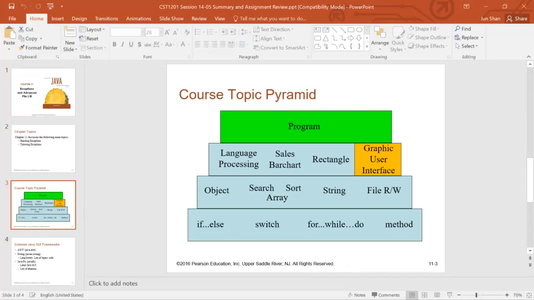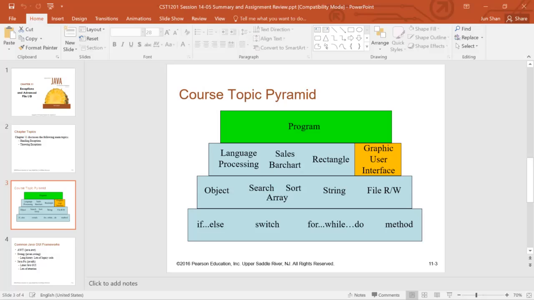We start with this. So here is the topic parameter that we covered. We start with the basic Java framework, which I'm not showing here, but you should by this time have mastered the framework. How do you create a project? How do you create a package? How do you create a class? How do you create a main method? On top of that is